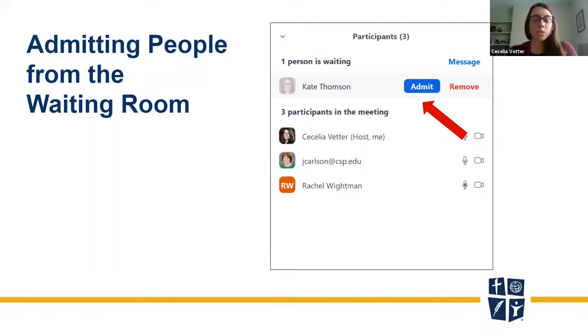The first thing is that waiting rooms are required. Right now, that's just required at CSP, but Zoom is going to make that a requirement. You may have heard of something called Zoom bombing, where essentially someone who is not part of your institution, someone you do not know, comes in and becomes disruptive. With a waiting room, you can admit known people. In this image, you can see that their face is grayed out as they're in the waiting room, and you just have to click admit.